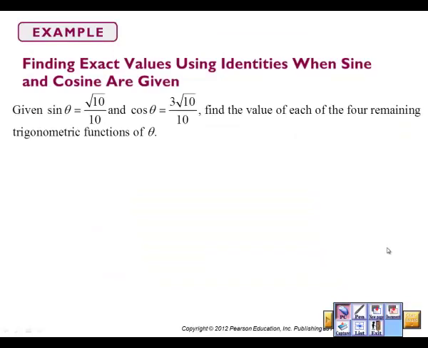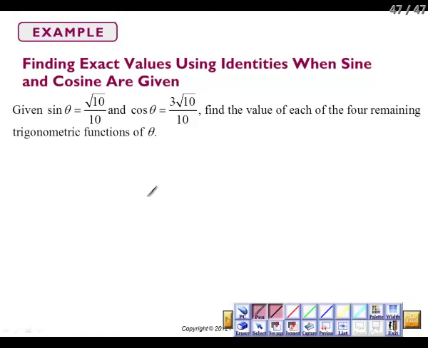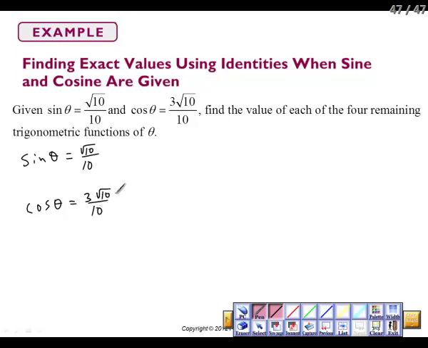Okay, so we're given here that sine theta is square root 10 over 10, and cosine theta is 3 square root 10 over 10. Find the values of each of the 4 remaining trigonometric functions. Well, what we do here is we start off with sine theta is square root 10 over 10, and we have cosine theta, and that's 3 square root 10 over 10,